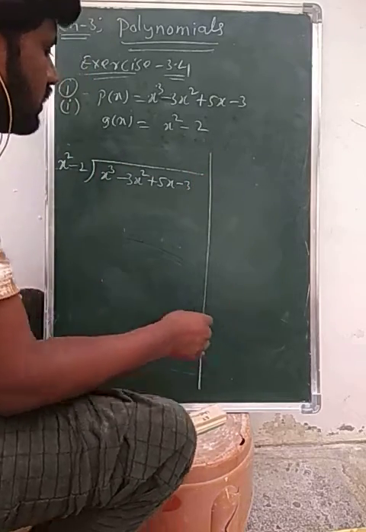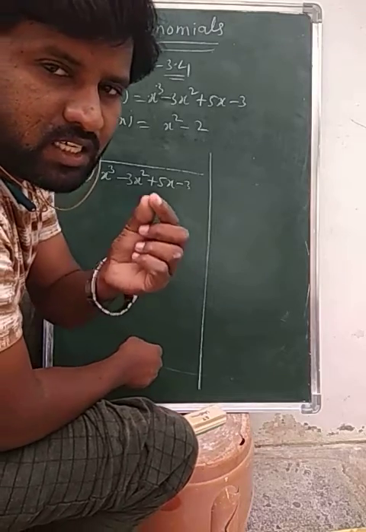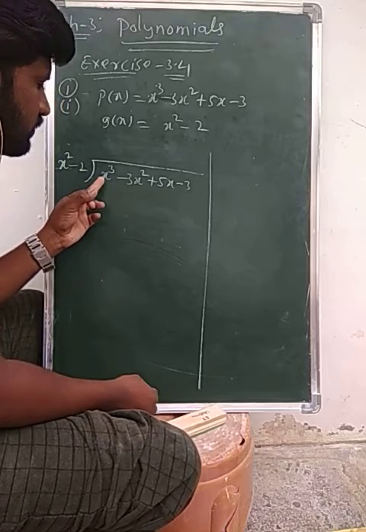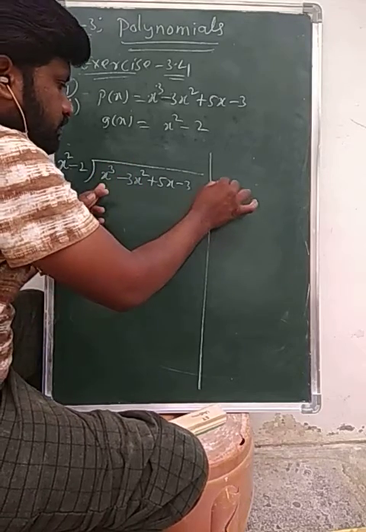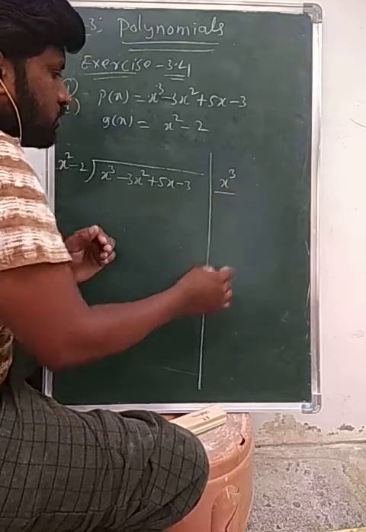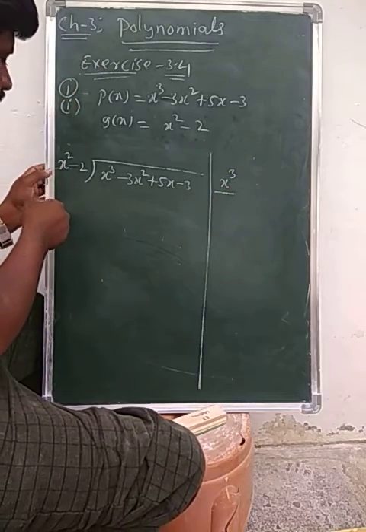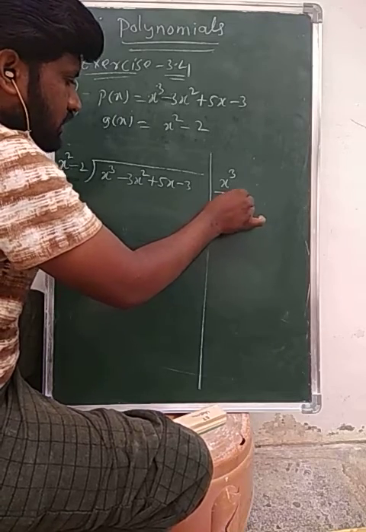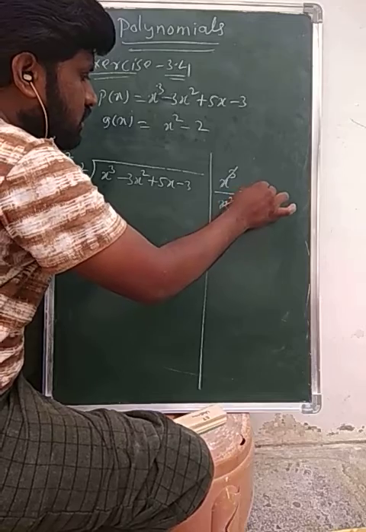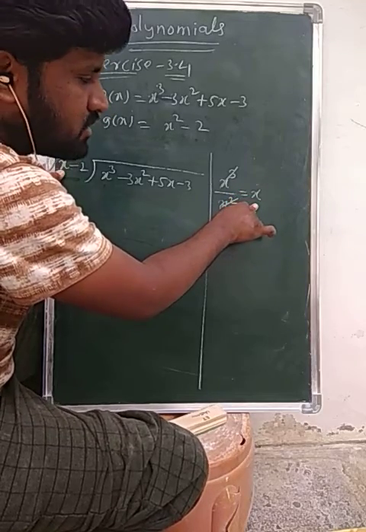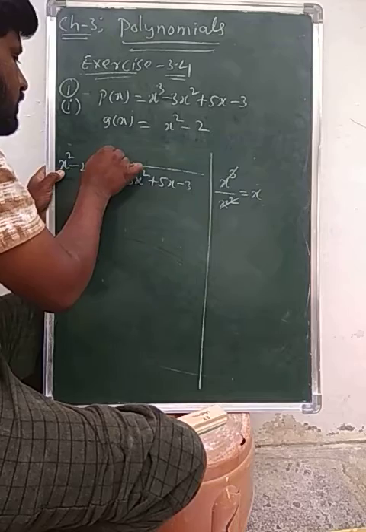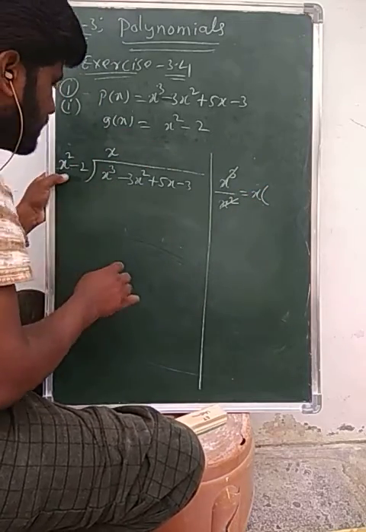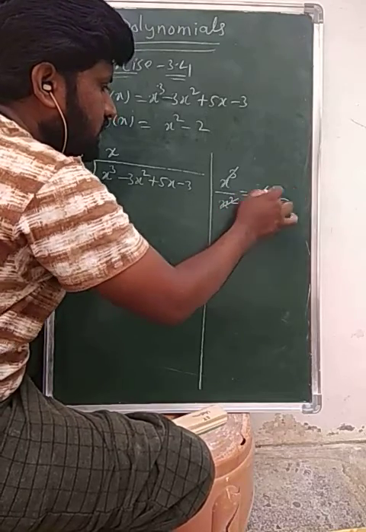Now see, what is the highest degree term in this dividend? That is x cube. This one we should divide by the highest degree term in the divisor. What is the highest degree term in the divisor? That is x square. x cube divided by x square means what? That is x. Here we have x. You write this one in the place of the quotient, and you multiply the divisor with x, that is x of x